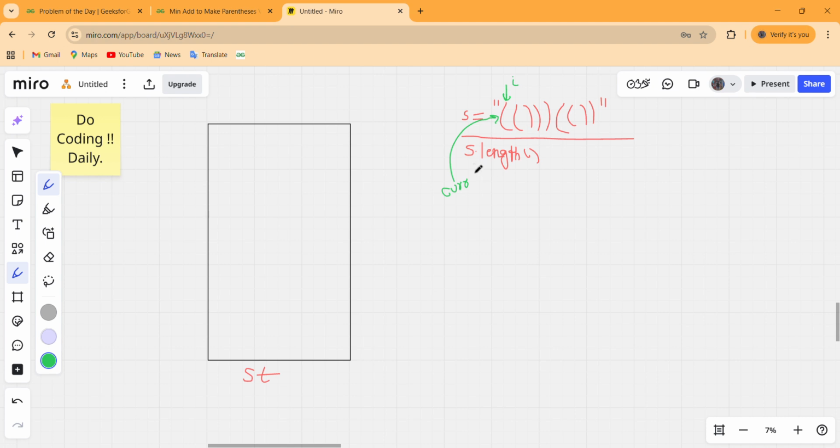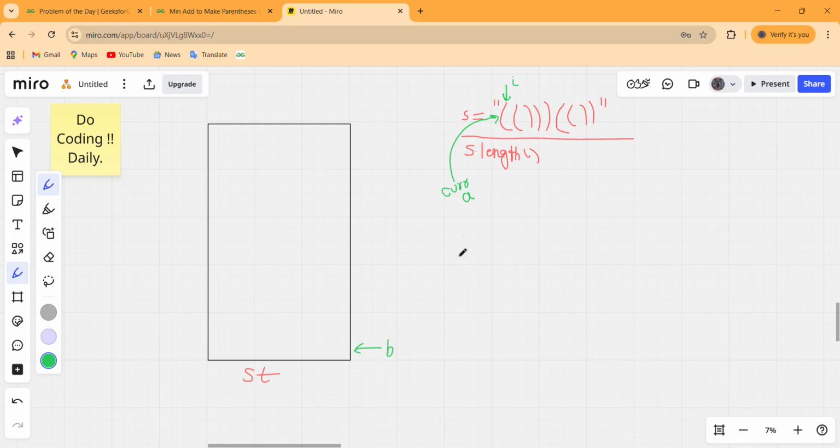So for i equals 0 till i is less than n, i plus plus, the first condition will be whether the stack is empty or not. After checking this, we have to make another condition to pop out the characters from our stack. Let us suppose our current character is A. We name this as A, and whatever character is on the top of the stack, we rename that as B.